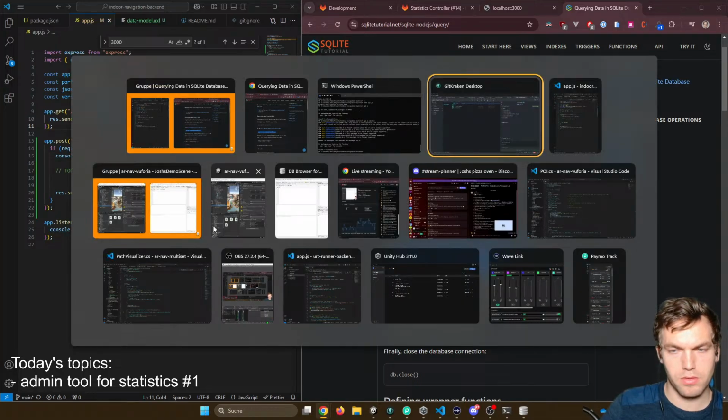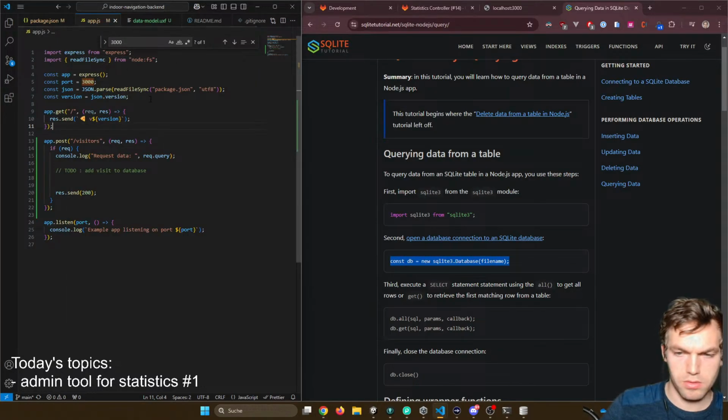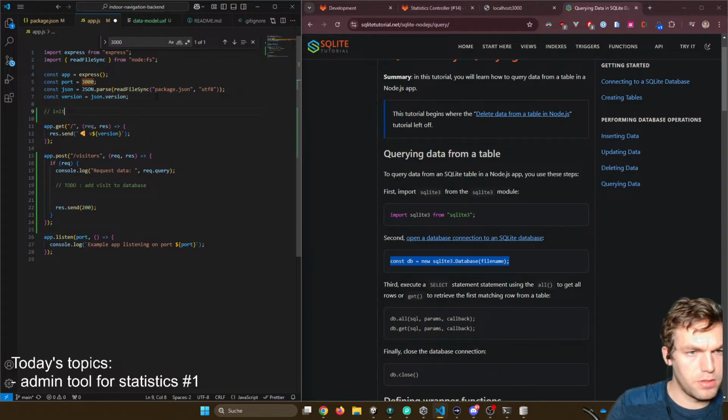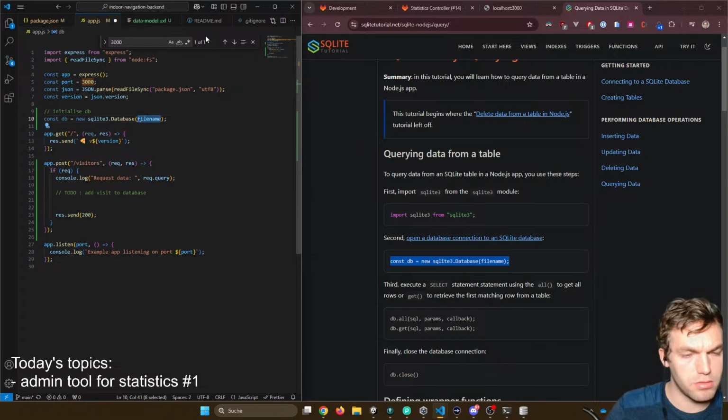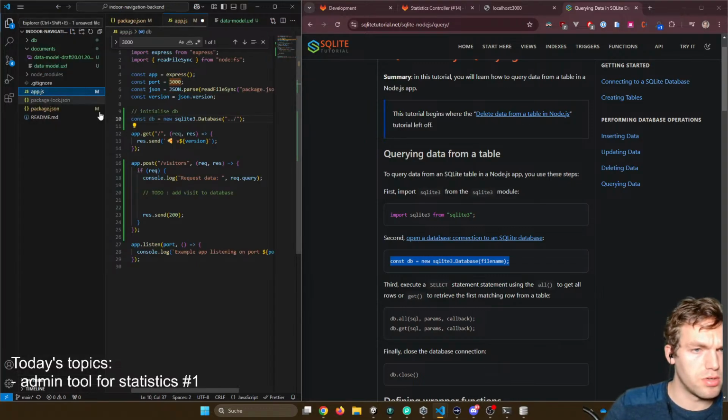Database. File. The file is where... It's a path. Can this be a path? I hope. Where's our DB? DB, and then